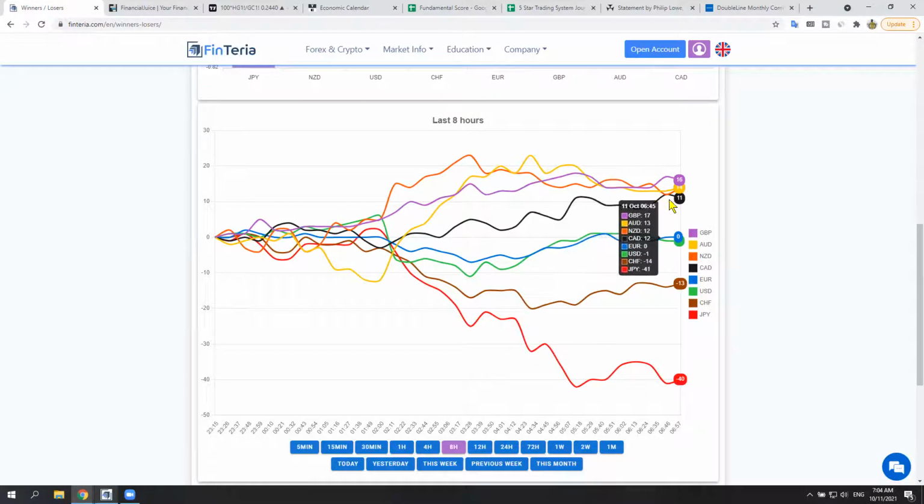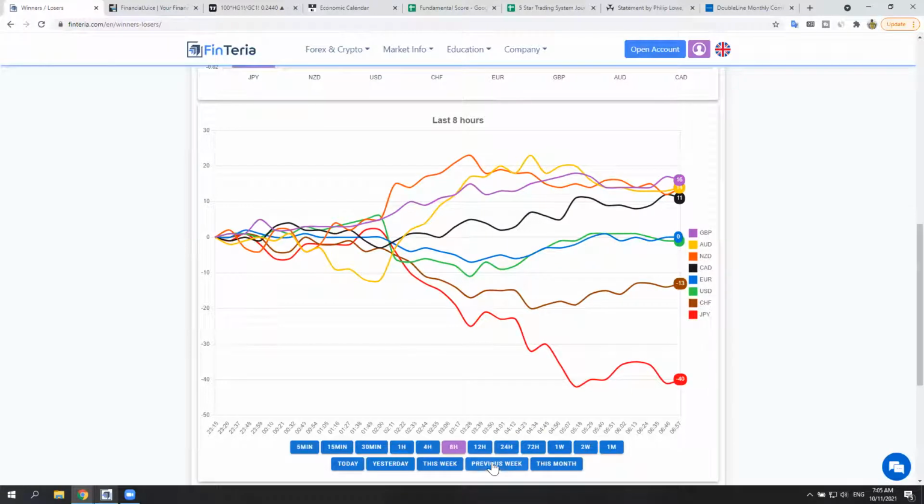Another thing that we can notice is that commodity currencies are quite strong, including the Canadian dollar and Australian dollar. In addition to them, we also have the British pound, which is among the winners so far. I think this happened due to the hawkish comments that we heard on October 9th. They were given on Saturday by one of the members of the Bank of England, Saunders, and also by the governor. So all this looks pretty similar to what we've seen over the previous week.